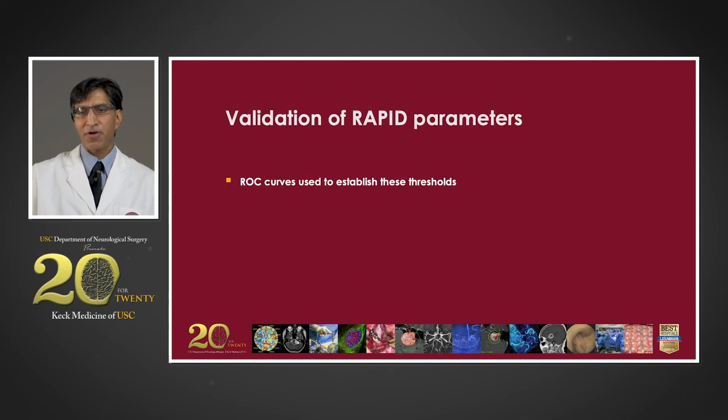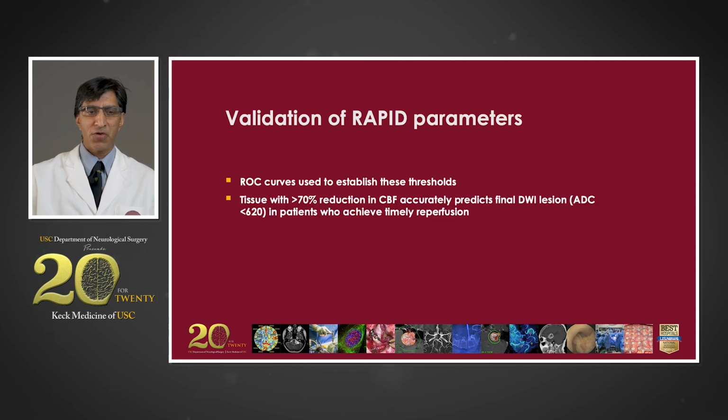So these parameters are not just arbitrary. There have been studies that validate them using receiver operating characteristic curves to establish those thresholds that I mentioned. It was shown that the tissue depicted in the pink map, where there's less than 30% of flow of the opposite side, or more than a 70% reduction in cerebral blood flow, accurately predicts the volume of infarct as shown